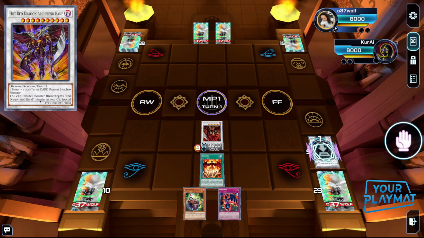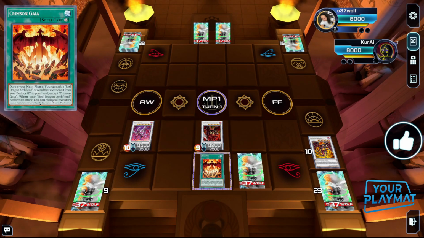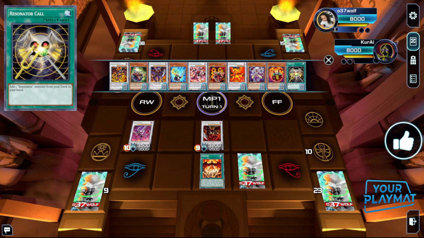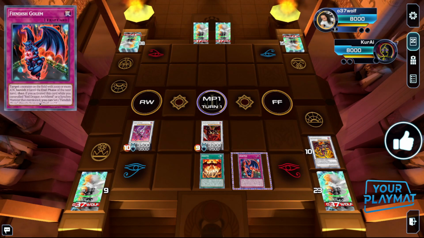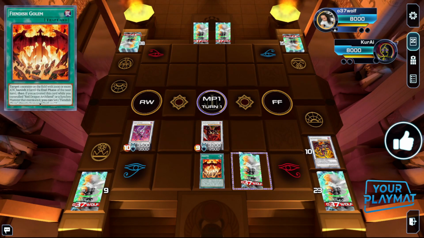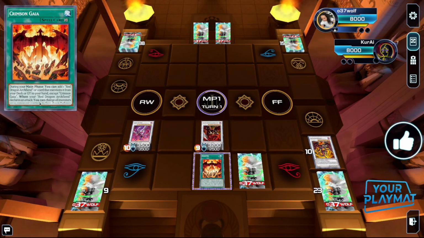Summon this, summon that. Go into Bystial. Now, this is on the field. And they don't allow you to keep searching every Main Phase unless they get rid of it. Right? But if they try to destroy it, you have Soul Resonator as a backup. Its effect: if a card you control would be destroyed by a card effect while you control Red Dragon Archfiend, or a Synchro monster that mentions it, you can banish this card from your GY instead. It's not live now, but it's something that you can consider, assuming you have access to more resources. But you have a banish, you have a negate, because you'll return the banished monster that you just banished, and then you have a face-up negate. It's pretty cool. And next turn you get the search,